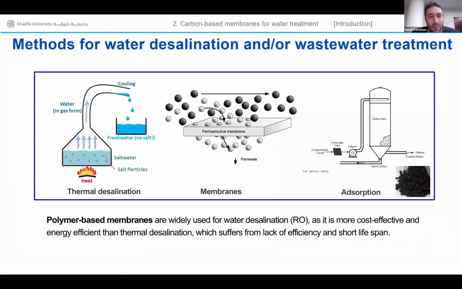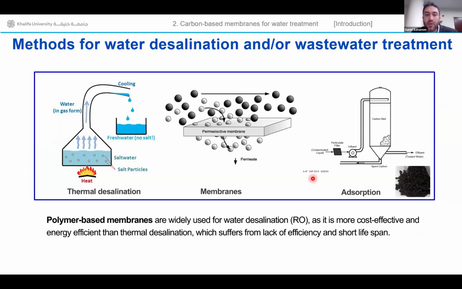There are many strategies to try to treat this wastewater. Of course, in case you want to use desalination, you can use heat to get some pure water, or you can use absorption as I showed before, with absorbent materials. You can use them to capture some ions or some unwanted species, and you might get pure water as the outcome, or you can also use membranes.